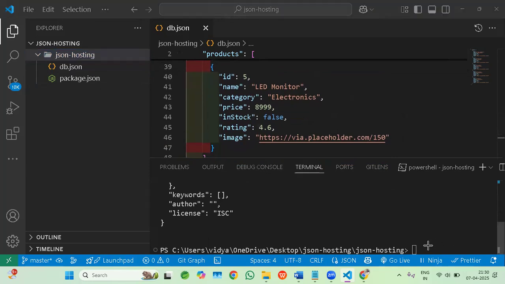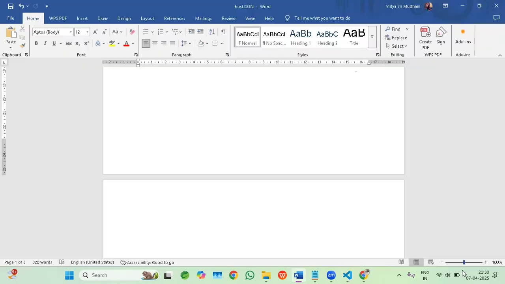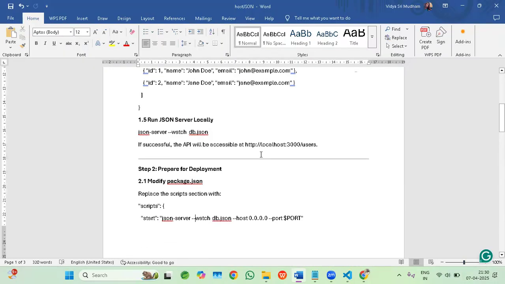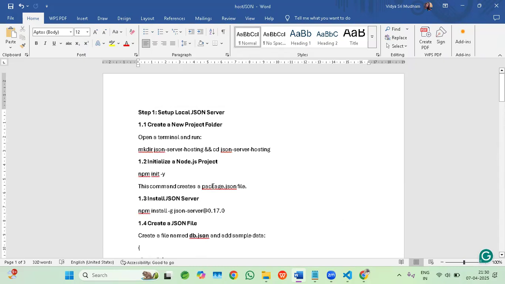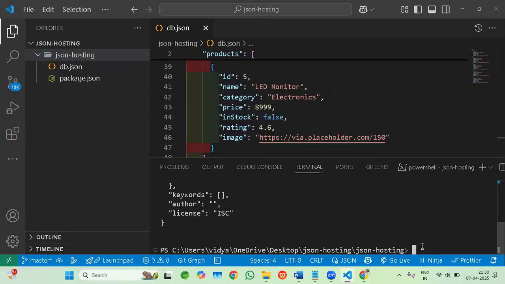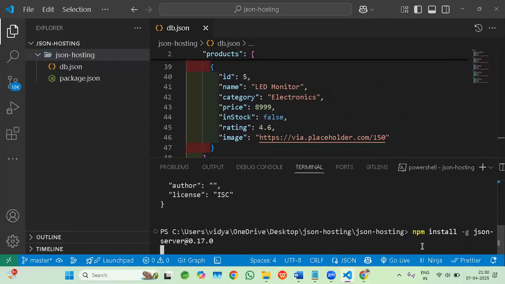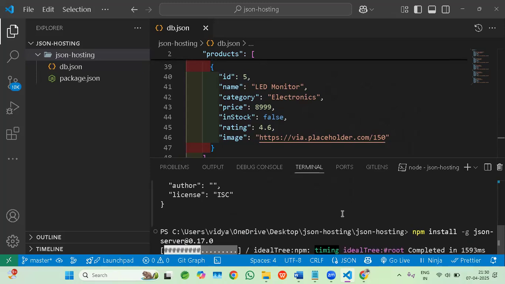After that we need to install the server. So here I am writing another command. It will take some time, so after installing all the packages,